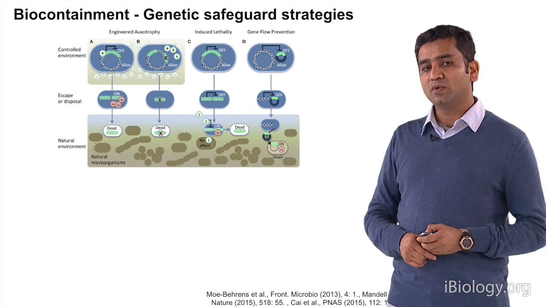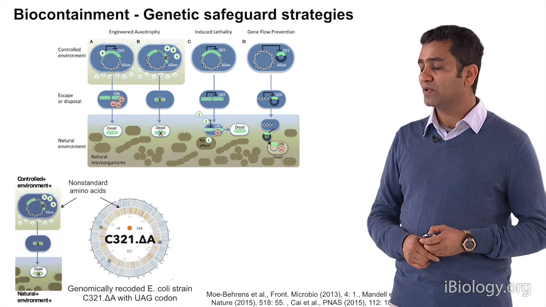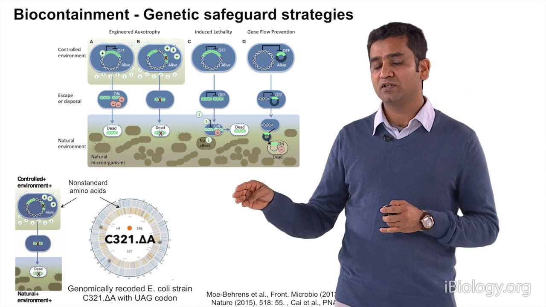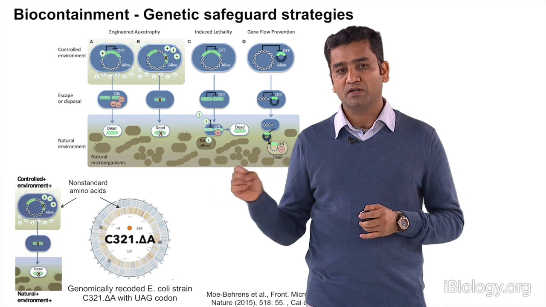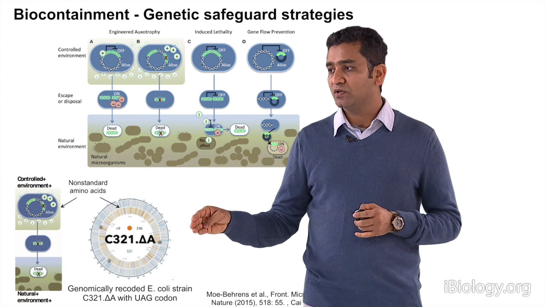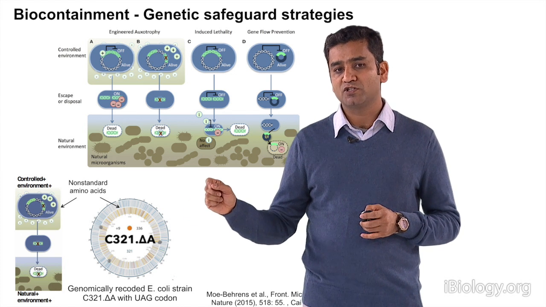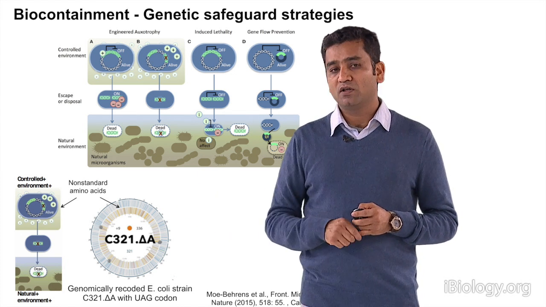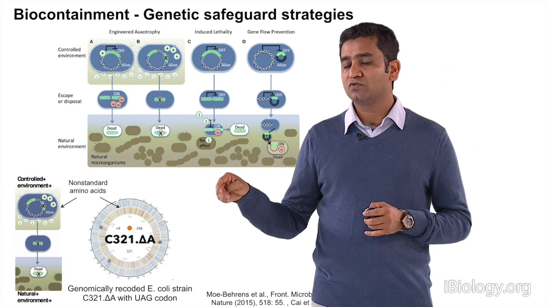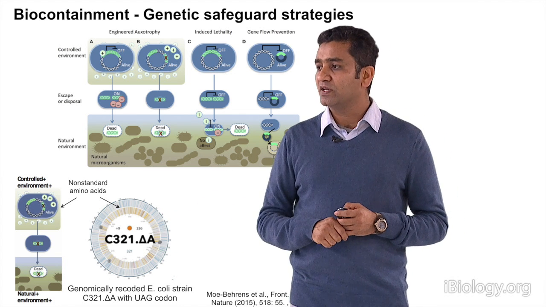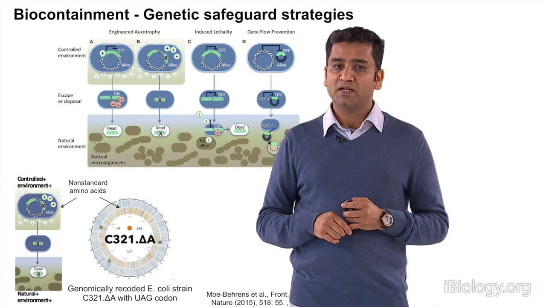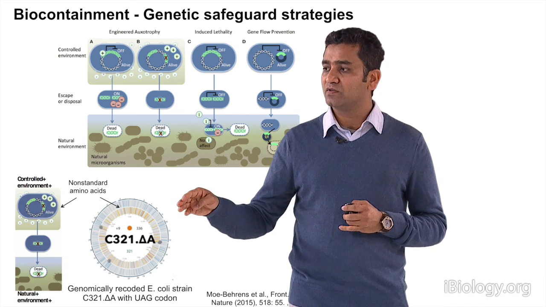Very new multiplexed methods have come up, from recent papers. This one is from the Church lab, where they recoded E. coli such that all the UAG codons are now UAA. Researchers can then engineer all the essential genes to have UAG as a codon for synthetic amino acid incorporation. So for the cells to survive, this synthetic amino acid needs to be supplied. In its absence in the natural environment, the cell doesn't survive, and there are very few escape mutants because of this mutation.